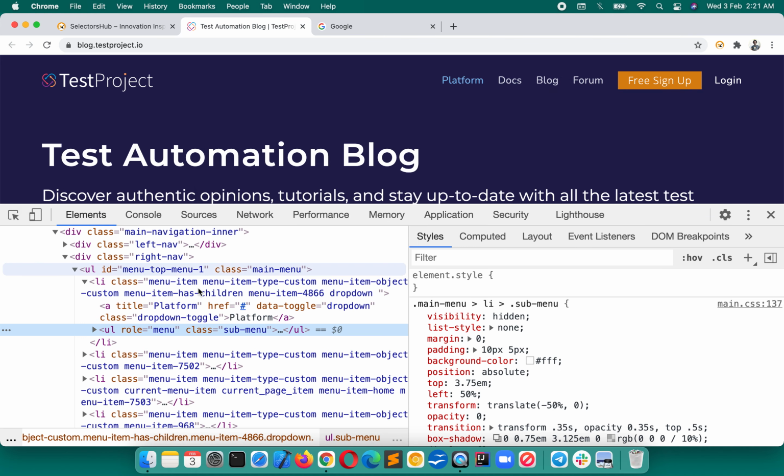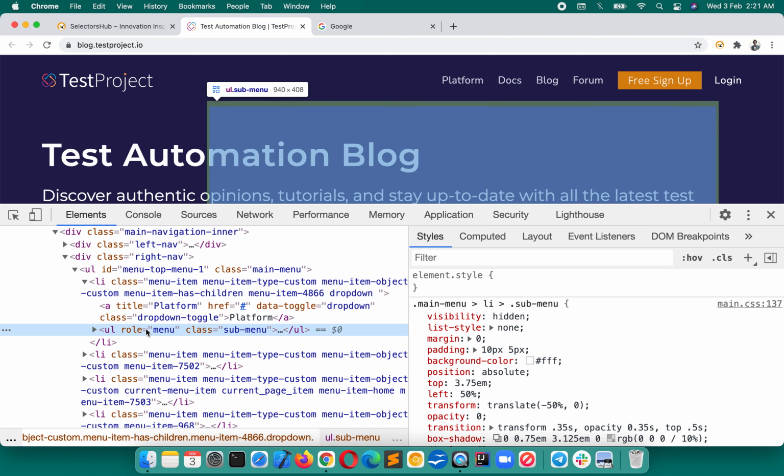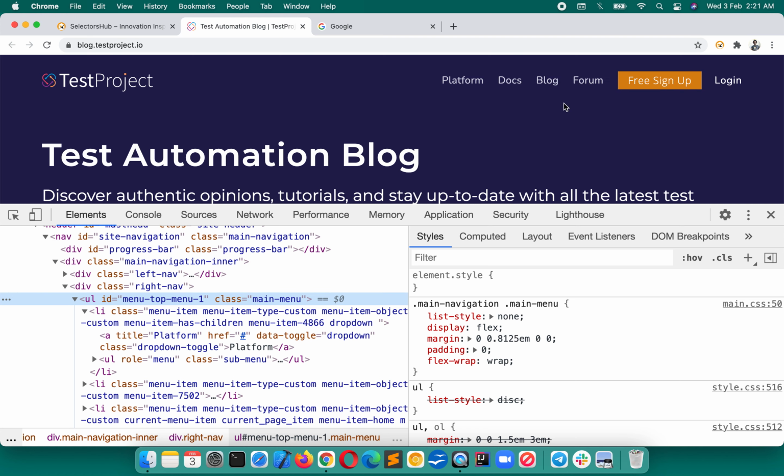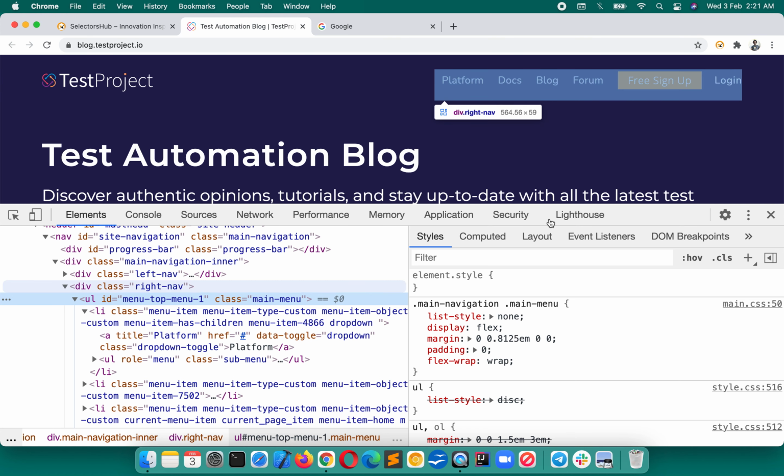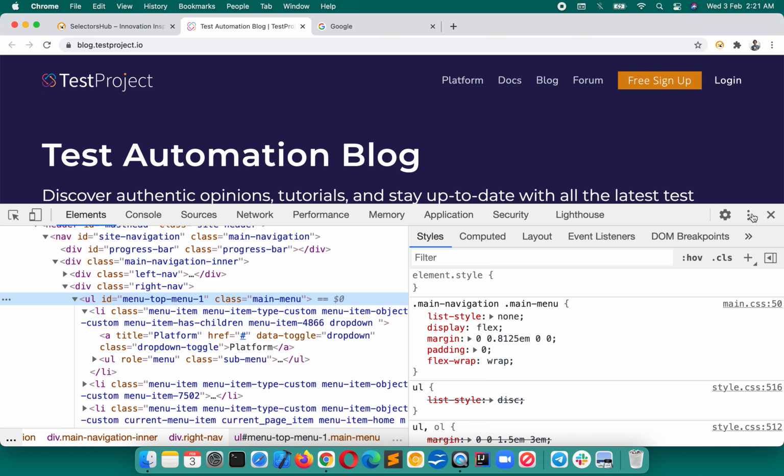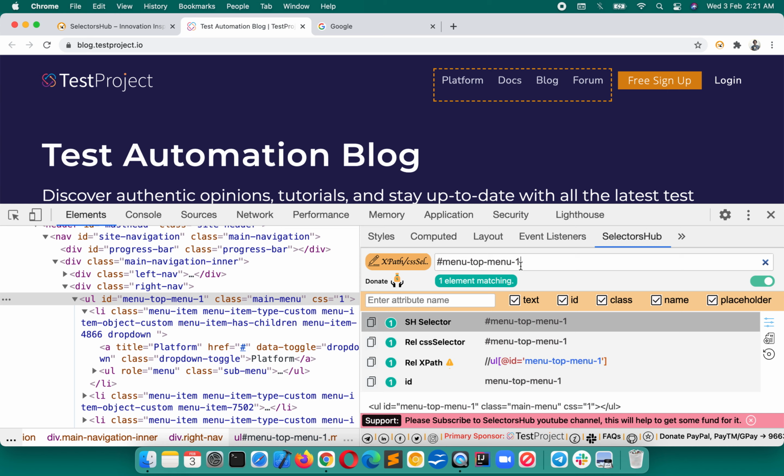So for an example, if we inspect any element, let's say this element we have inspected, which is the header for this UL, this has an ID. So if you open Selectors Hub, you just have to type hashtag and there you go, it gives you the drop down. So you can select this and press enter. So easily you can write with the help of this function, has ID, and you can verify this one.